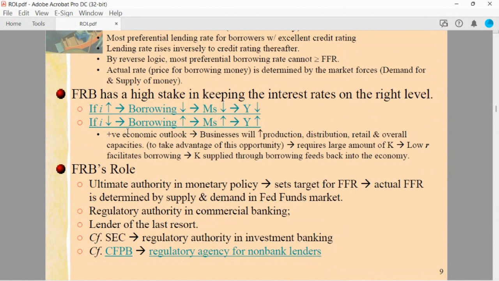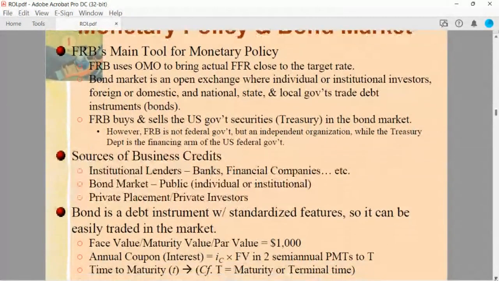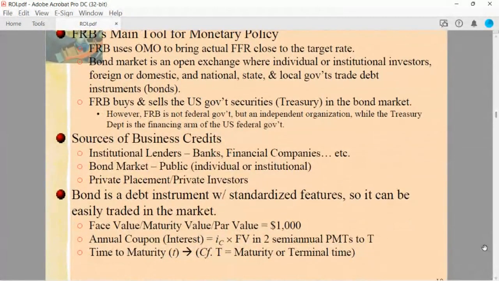This is how the Federal Reserve implements the monetary policy. This is the mechanism through which the Federal Reserve implements the monetary policy. Okay, so now let's think about the monetary policy. The Federal Reserve has